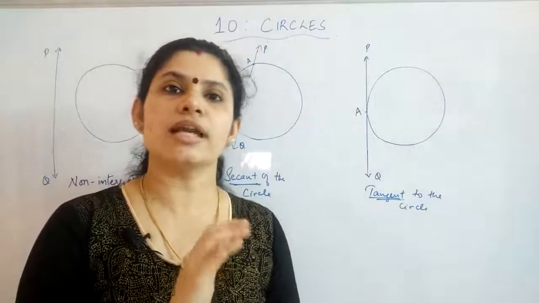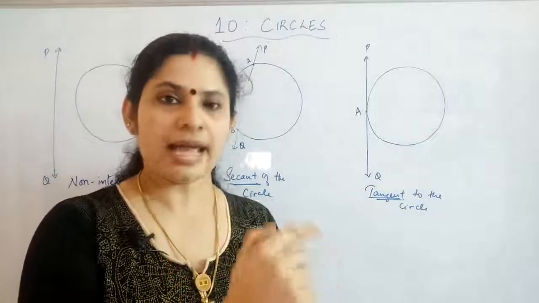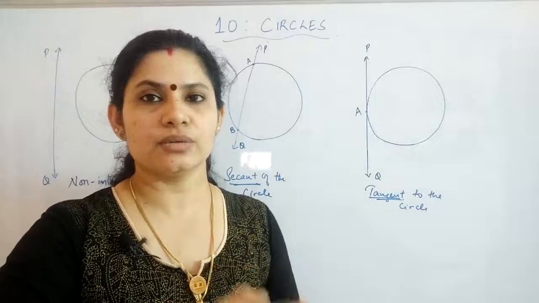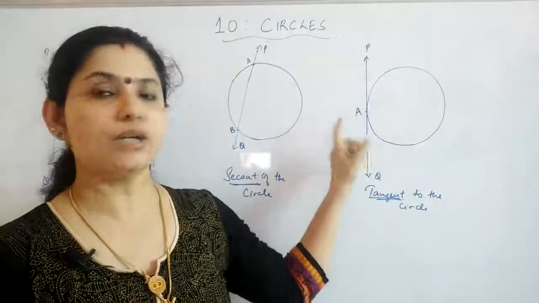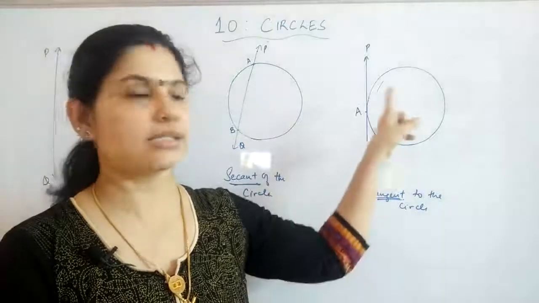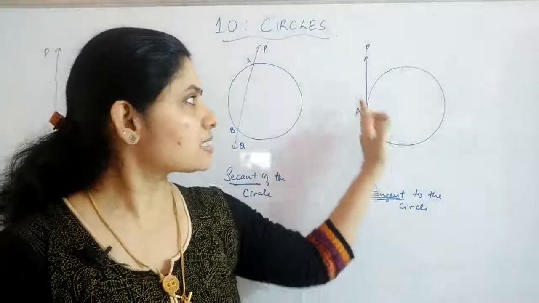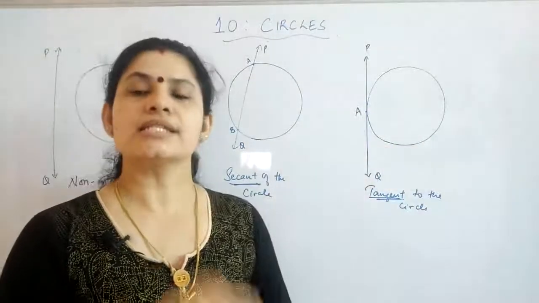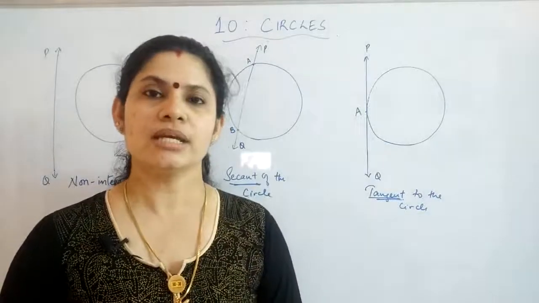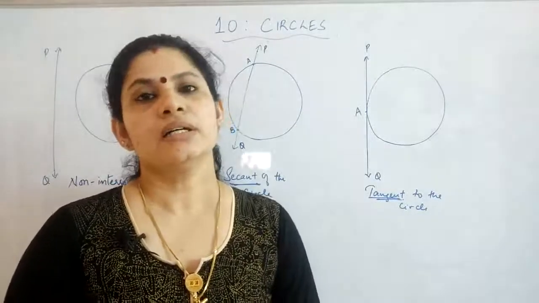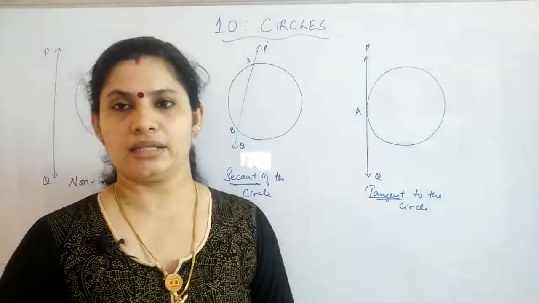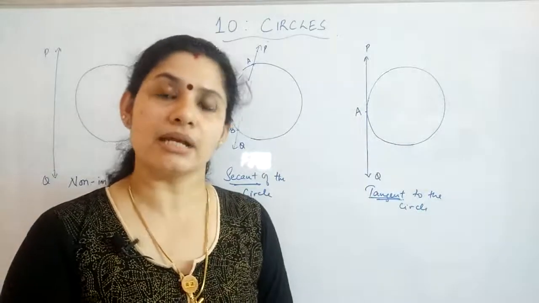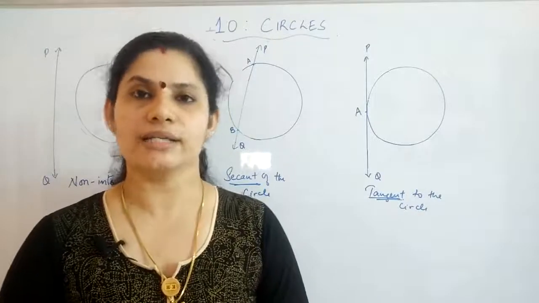If you consider that rope to be a ray and the pulley to be a circle, then you can find that it will touch only at a single point whenever it moves. That is, the rope is moving and it is touching only at a single point, and that will describe the tangency of the circle and the line. That line, or the ray, becomes a tangent to the circle in that case.